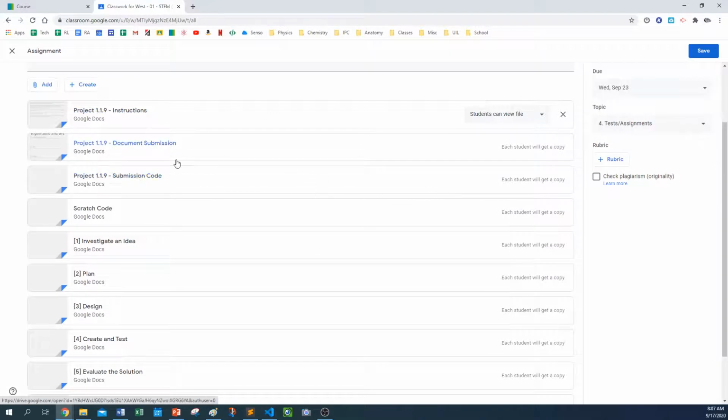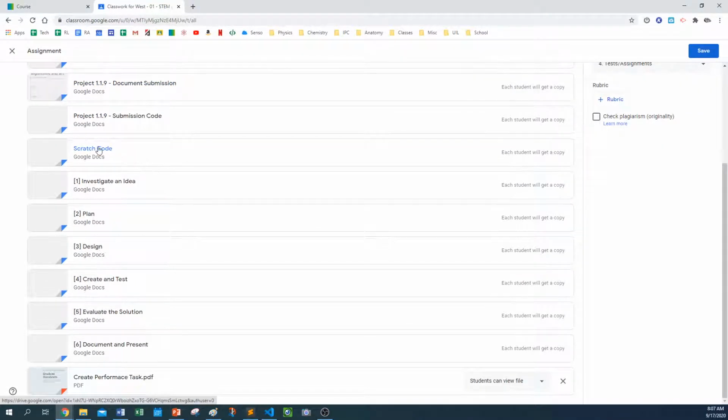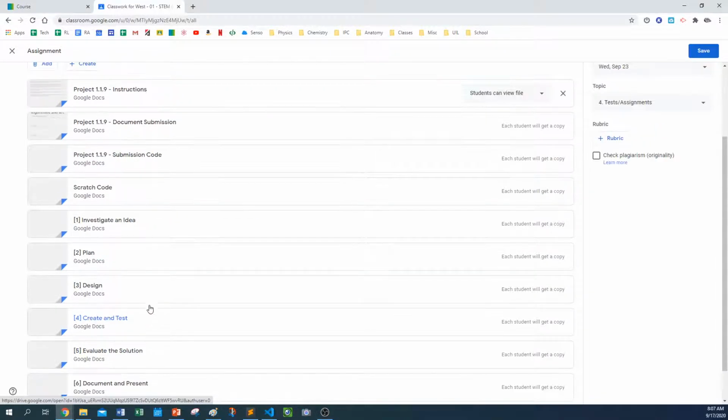So what I did was I gave you a scratch code, a blank document you can copy in. I made a copy for each student, and then I broke these sections up. But your main two submission files are going to be this one. I tried to rename this to code submission, put code in front of it, but it didn't take whenever I hit submit. And so when you open up the instructions,